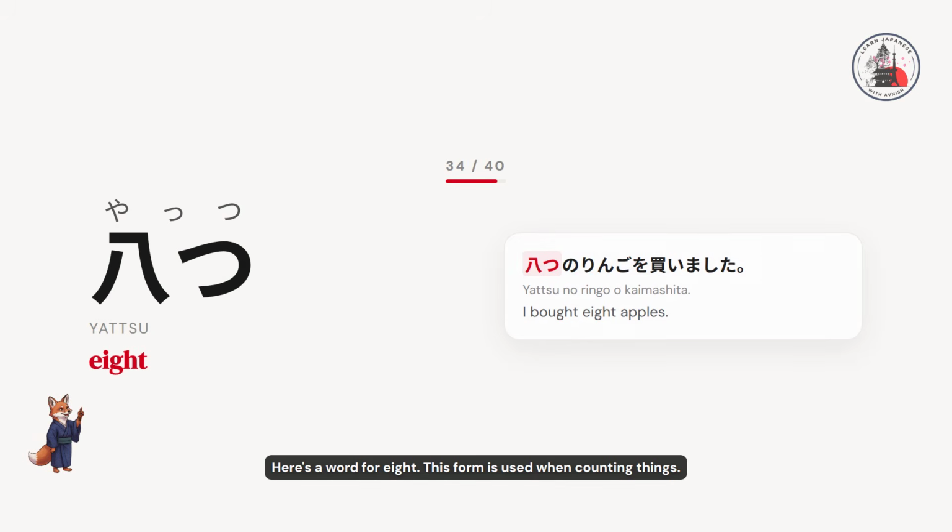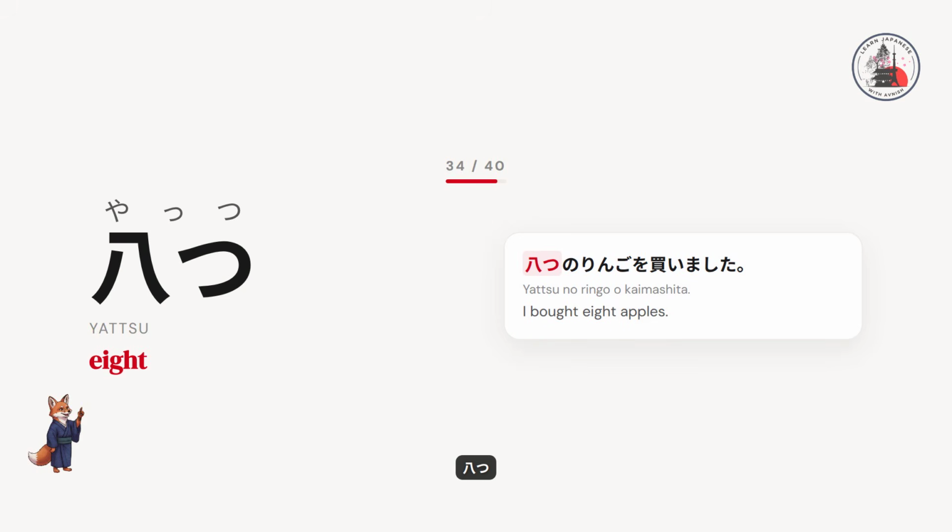Here's a word for 8. This form is used when counting things. 8つ、8つ。 Here's an example. 8つのリンゴを買いました。